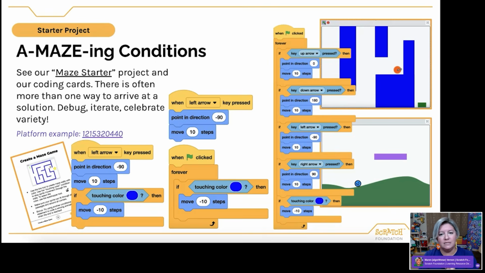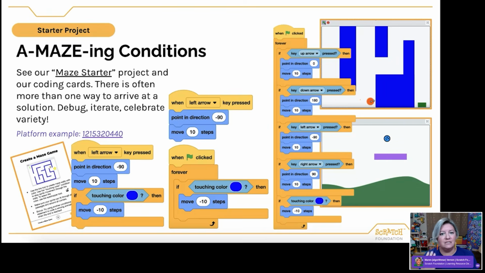And what I love is that while there may be slight differences in the results here, or one might be faster, more efficient to code than another, or maybe the behavior of other sprites may change the approach that you use, each of these approaches is valid and accomplishes the goal. And what I love to highlight this for is because we really want to celebrate variety. We want to explore with learners the different approaches that they took and why they chose the one they did.